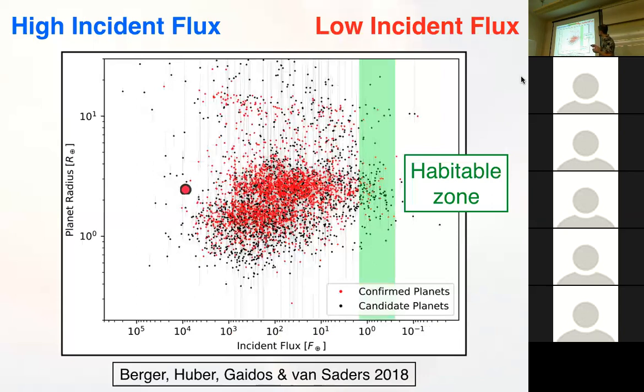So on the left-hand side here is high incident flux. So these are planets that are being baked by their star. On the right-hand side are low incident fluxes. And this is the Kepler planet population that Kepler has detected. And in green, I've highlighted here what we would mark as the habitable zone. So because we're plotting things as a function of incident flux, this is now actually a vertical band, not a slanted line as a function of distance. So obviously the planets I have talked about are mostly down here, right? The small ones, Earth-sized. Those are the ones that we're interested in.